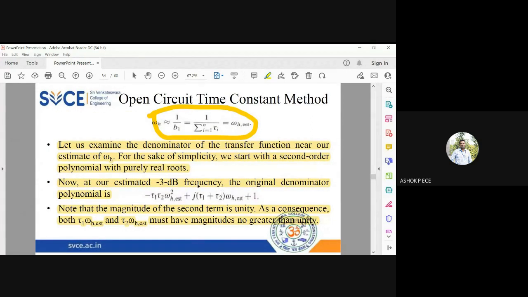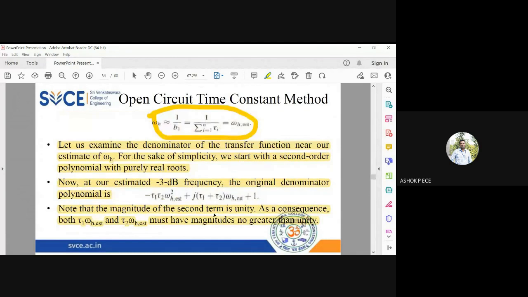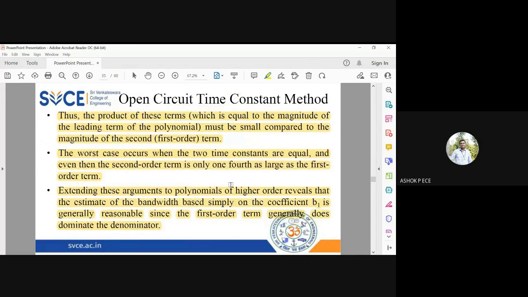So when you compare the first and second term, if both the time constants are the same, the first term will be tau square, which is much larger than 2 tau. That's what they are saying. So when time constants are equal, the first term is very large when compared to the second term. The same way, we can increase the number of terms. Initially we considered first order. Now we have considered second order. Then we can go for third order. So as we go for more number of dominant poles, the complexity will also be